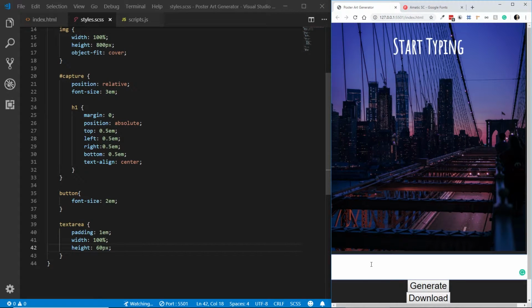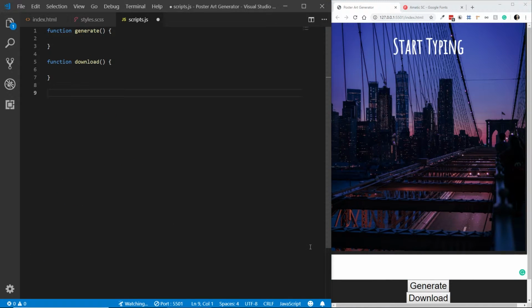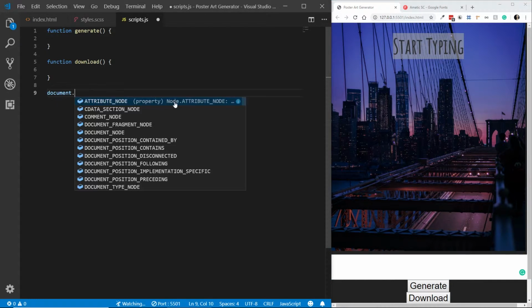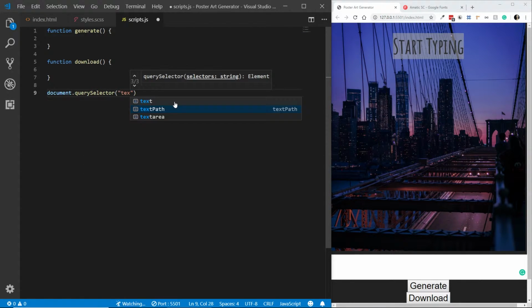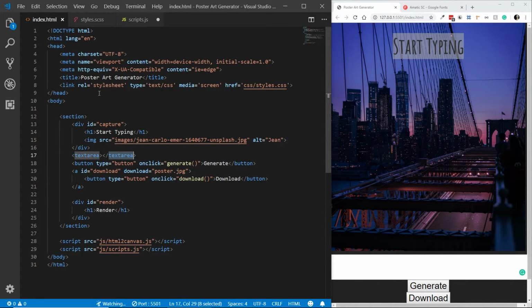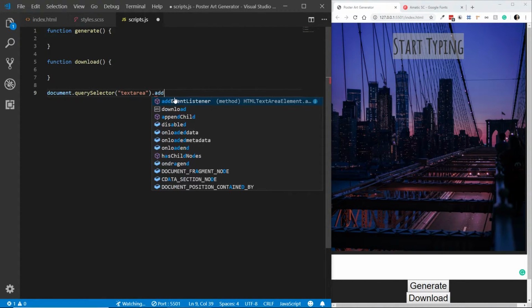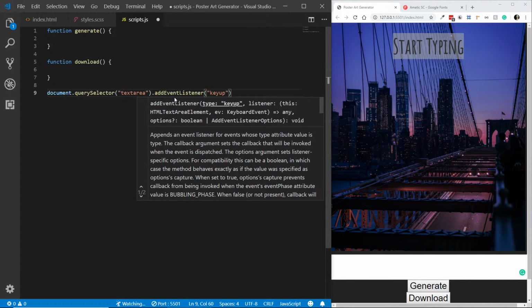So we've got our input area, we've got the generate button, and we've got the download button, and we've got the render area, which is just for the demo. Let's start by programming the text area. So when we type, the text appears in here inside the h1. Document.querySelector. The thing that we need to target is the text area which we created here. What we want to do is add an event listener, and the event listener will be on keyup. This will be also a function,